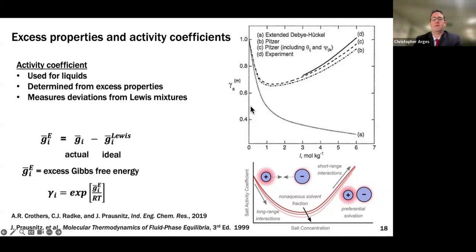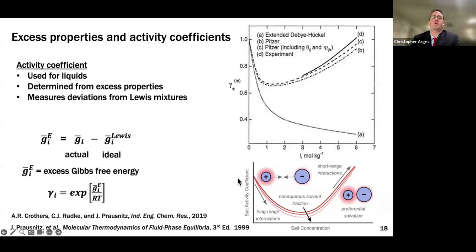So if we look at Prausnitz's book and we look at the mean activity coefficient, that's what M stands for here, the mean activity coefficient, for sodium chloride and water. D is the experimental data. So one common model is the Debye-Hückel model, right? And then when you get to an ionic strength over one molality, you can see that the model fails to predict the experimental data. A more sophisticated model is this Pitzer model. It's a semi-empirical model, and it can be even more elaborate with more parameters here. But it's really complex, as I show you.